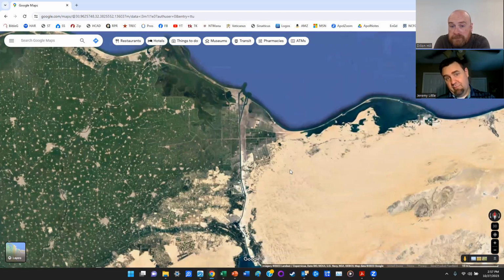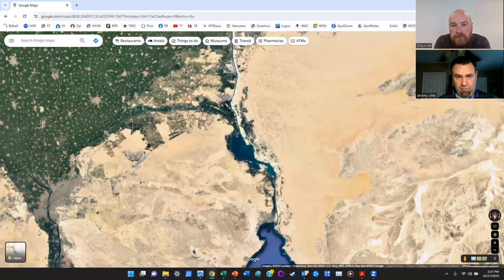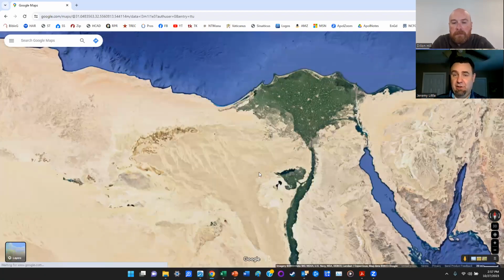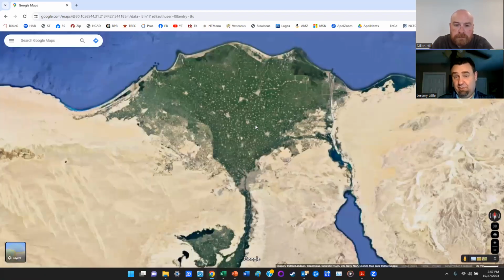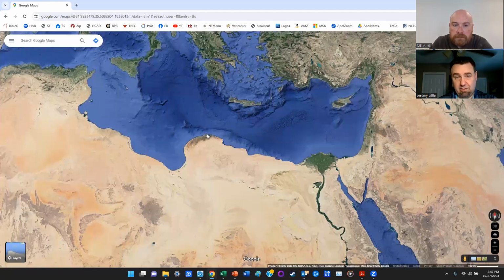as David Rohl pointed out, the geography of this land was a lot different. It was a lot harder to get into Egypt because the water came down further, and there was the lake over here. The Yam Suf was over here. It was much bigger, and there was one over here, and it was hard to get into this land. So it's highly defensible. So Egypt has a first mover advantage,